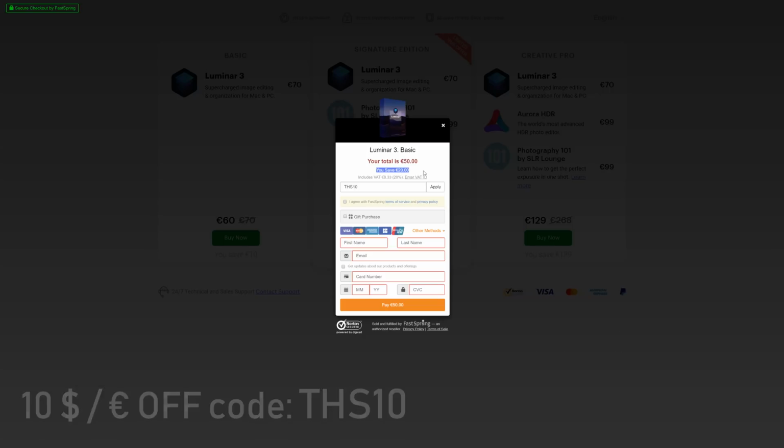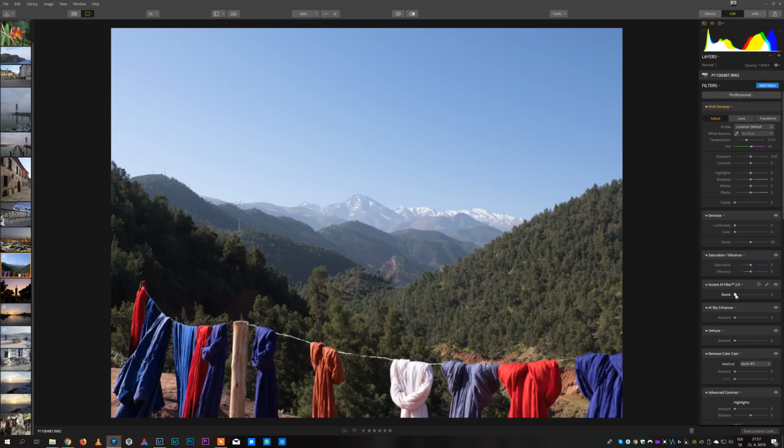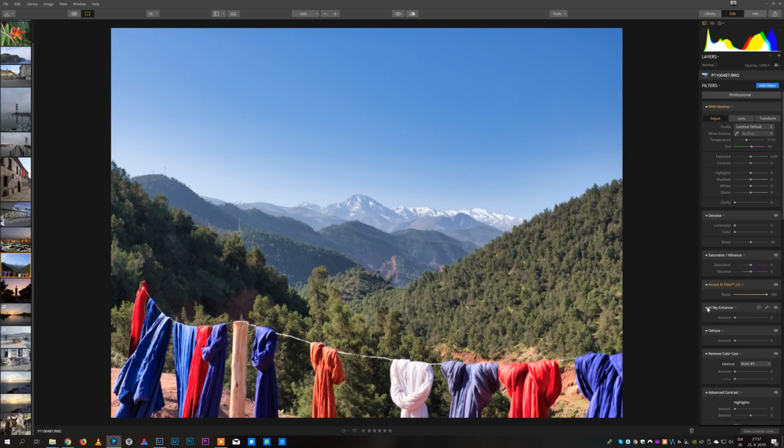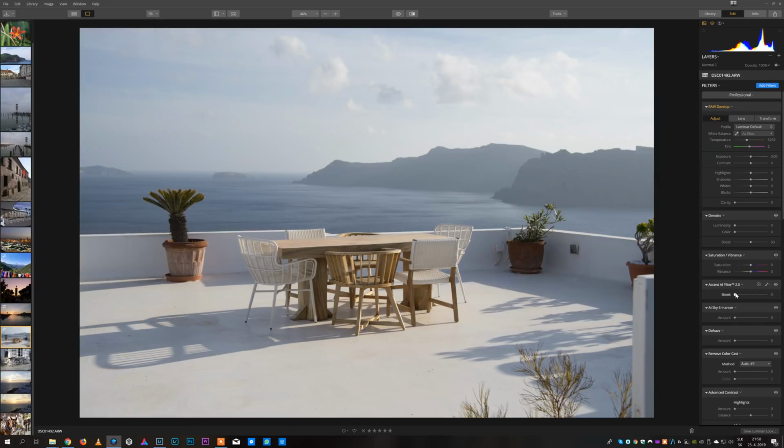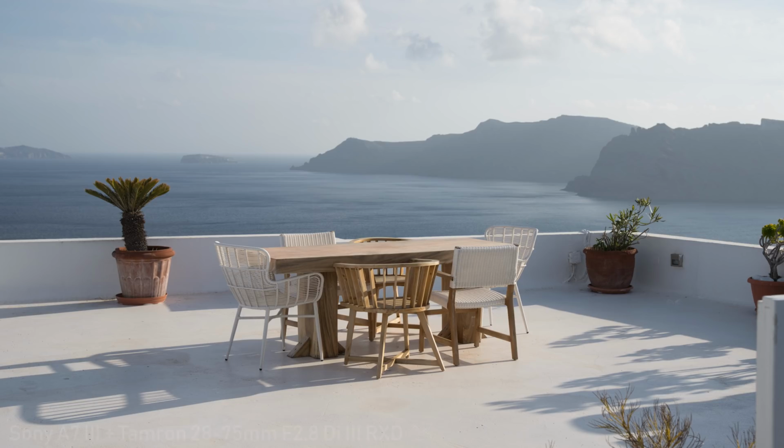The most significant update in version 3.1 is Accent AI Filter version 2.0. Accent AI Filter is one of the standout features of Luminar and one of the main reasons why I use it. With Accent AI Filter, you can basically edit the whole picture using just one slider. It analyzes the whole picture and it changes multiple settings like shadows and highlights, vibrance, saturation, blacks, whites, and much